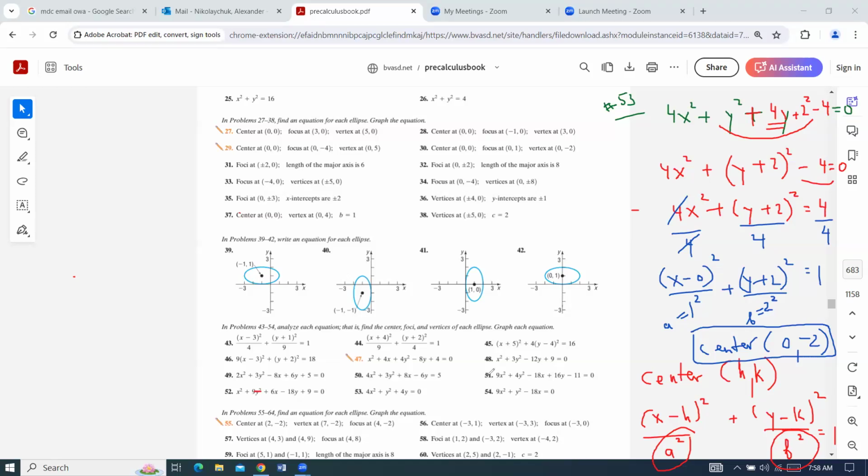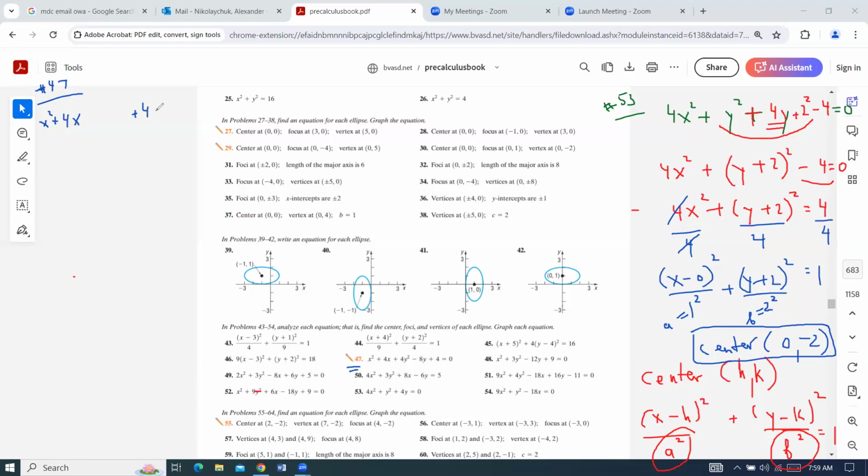Let me do one more. Here's 47, another completing the square exercise that I will try to do. In fact, we need to complete the square 2 times in here. So we have x squared plus 4x. I'm gonna keep it separately because I need to add and subtract some stuff. And also with y's, I'm gonna have to put here